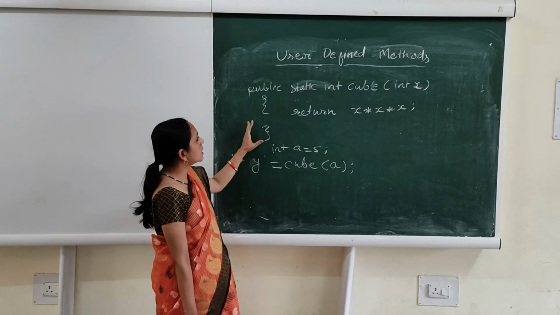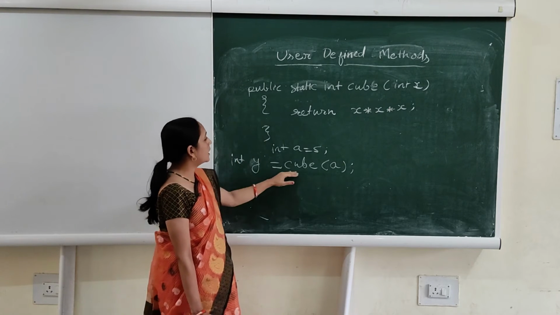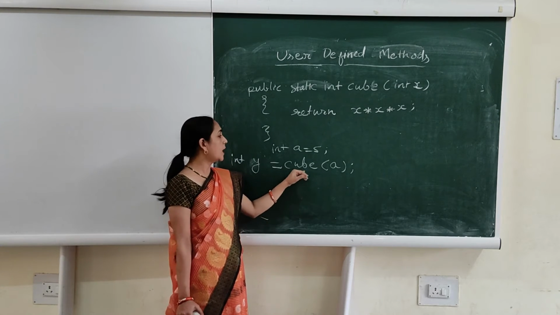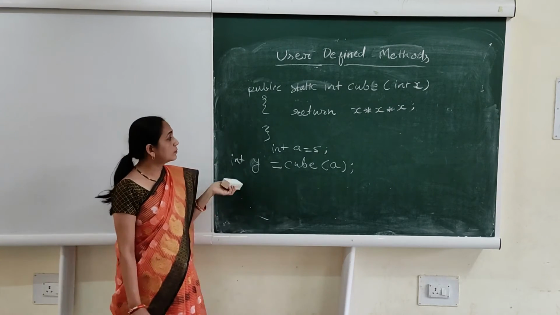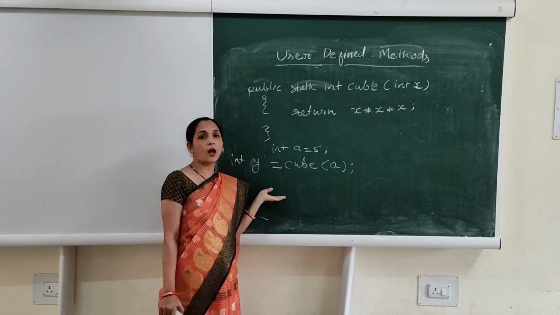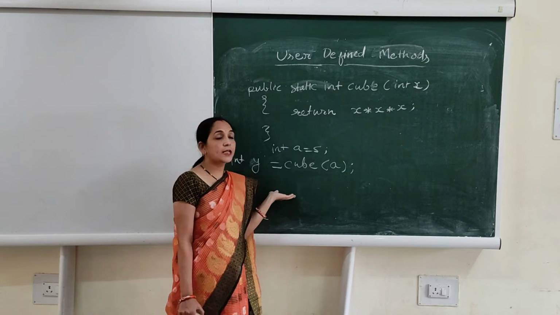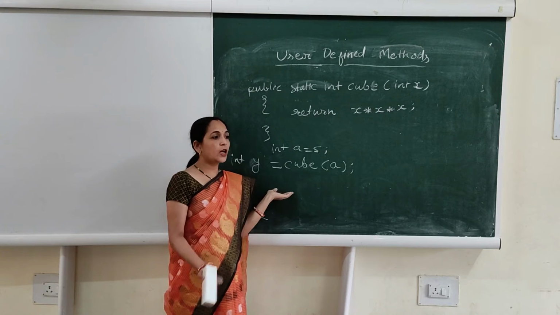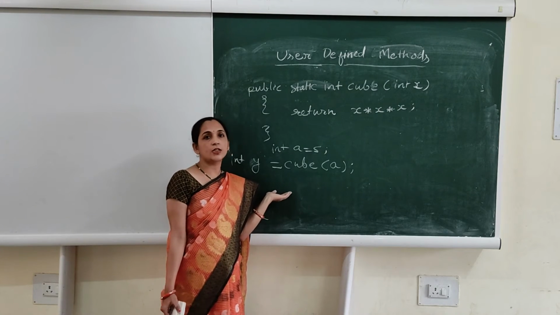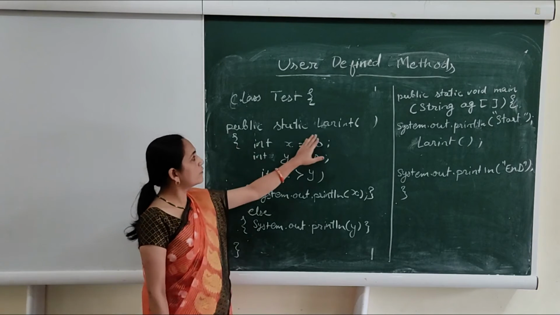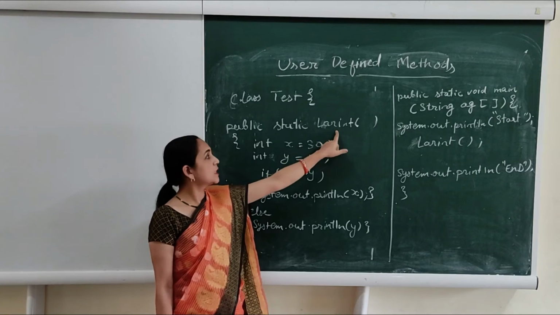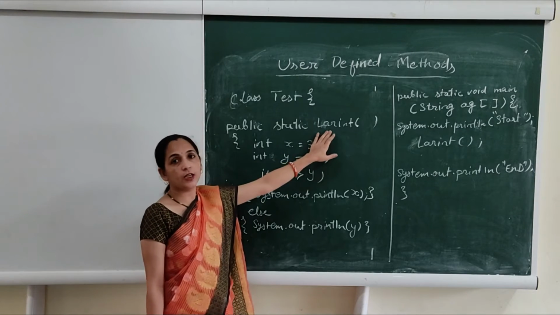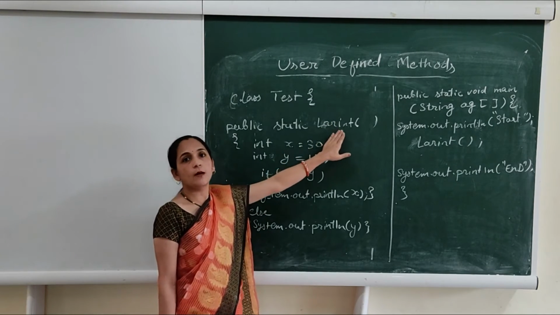So we require two things. First, we need to define the function, and then we use that function by calling it. Let's see one complete example of a program. I am writing a program which accepts two numbers and finds which is the largest number. In this program, I have created one function named larint, which we are using to find out which one is the greatest number among the two.